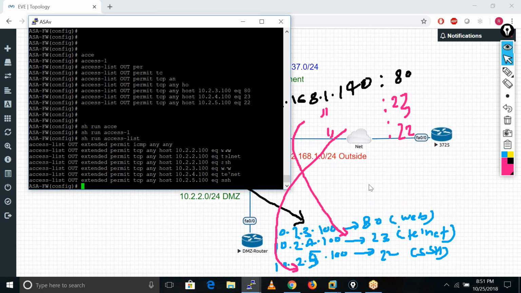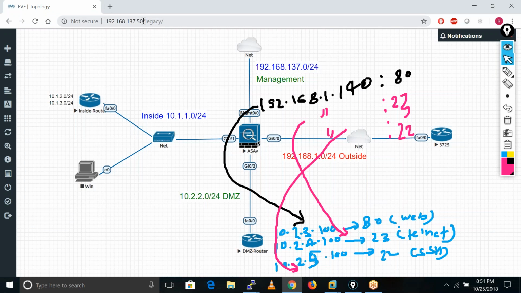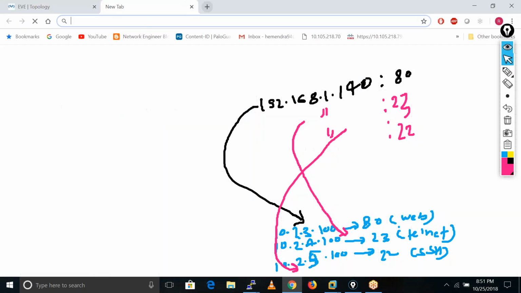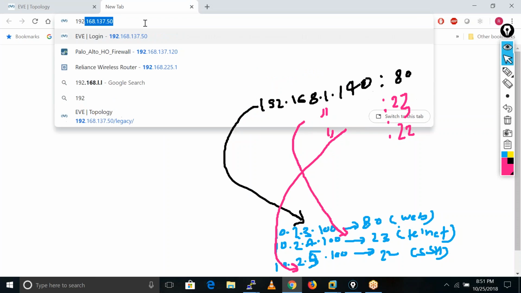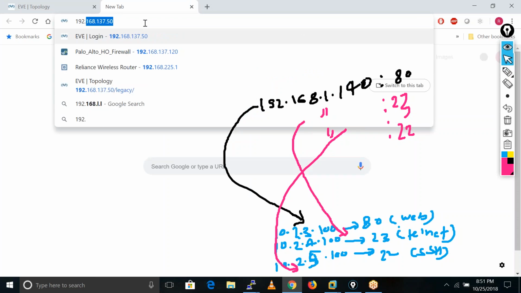Right. So this time I'll go to my browser and I'll type 192.168.